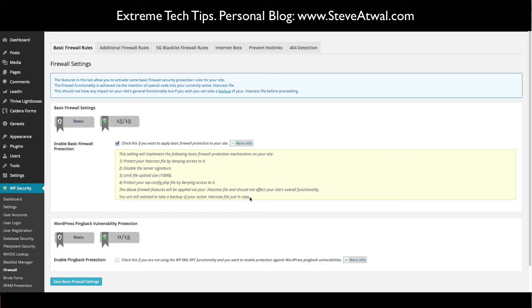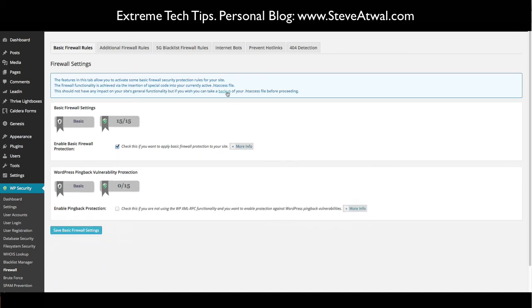So you want to turn this on. This is just basic firewall security. You get some extra brownie points. Now pingback, I don't really pingback. I don't turn this pingback